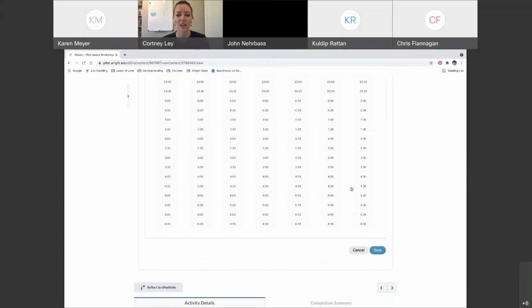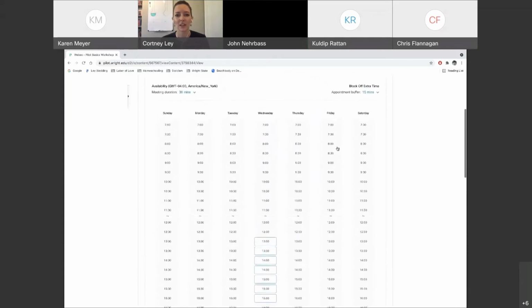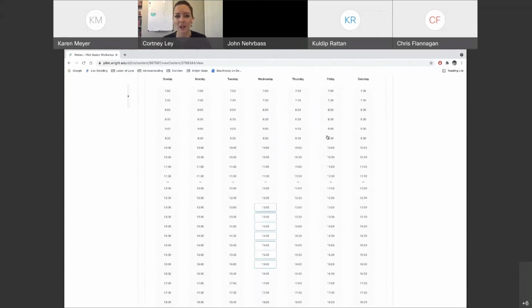And so once they are saved, the students will see on their end that these are the times blocked off, and the way that they'll schedule it with you is they'll click on one and it will generate a meeting link for the two of you. That also helps because when it generates that meeting link for the two of you, it reduces that risk